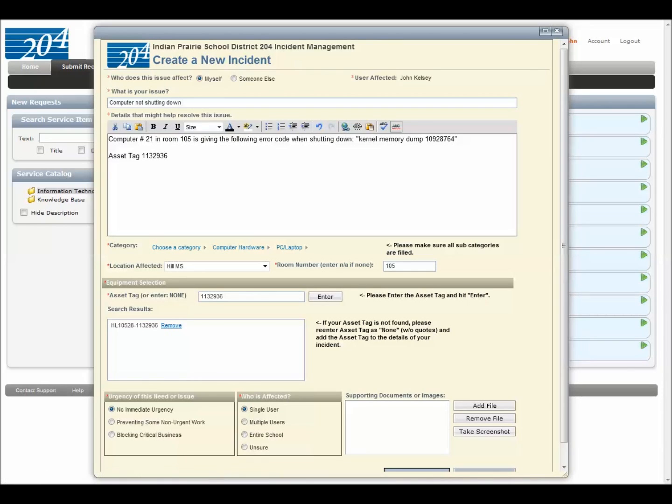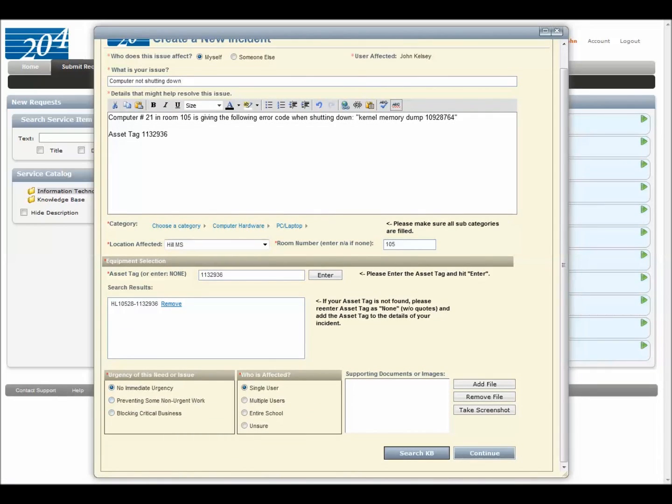So I'm going to leave that one in there, and choose the urgency. If you choose preventing or blocking critical business, it's going to have you type in why that is, and something as simple as students need this for class will suffice. I'm just going to choose non-urgent single user, and if you happen to have a screenshot, you can add a file or take a picture of it and add it here if you like. Otherwise, just click continue,